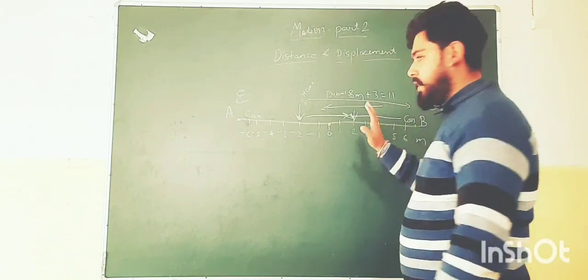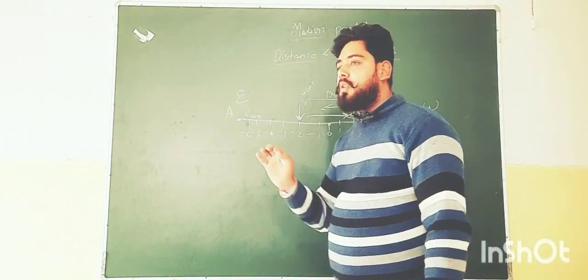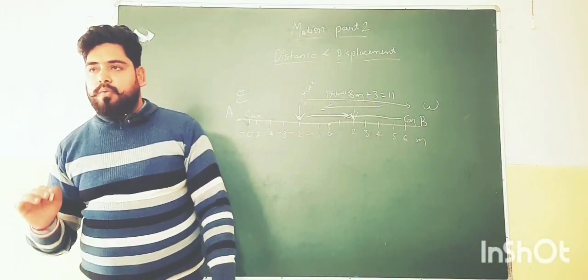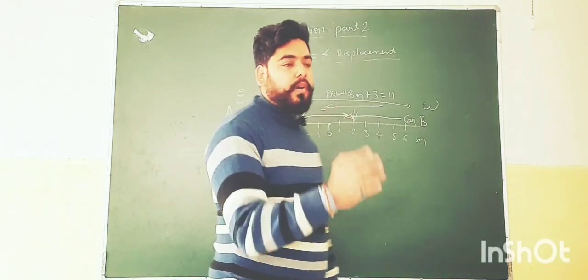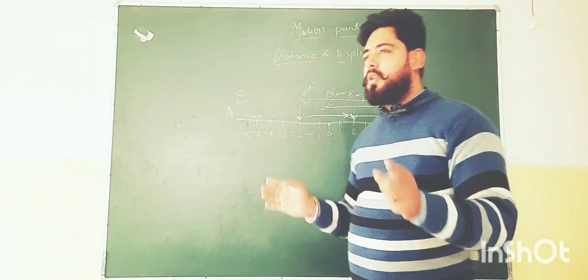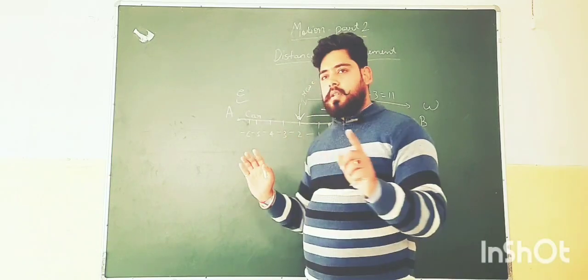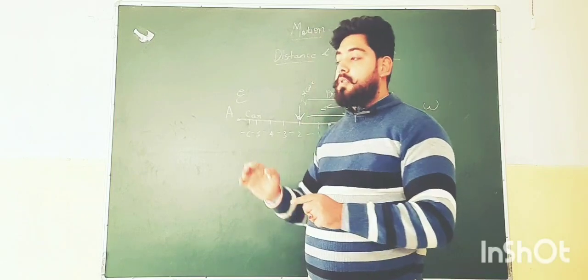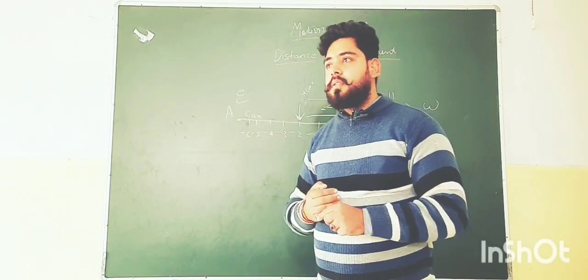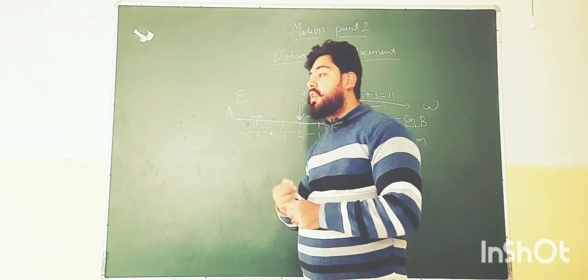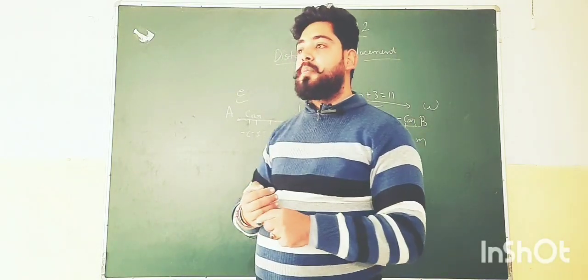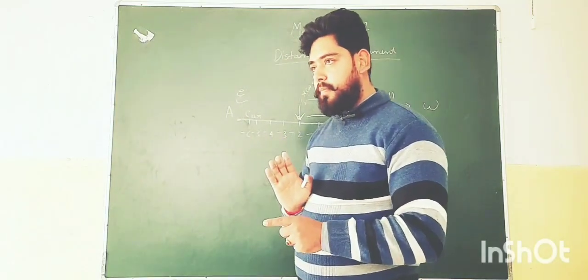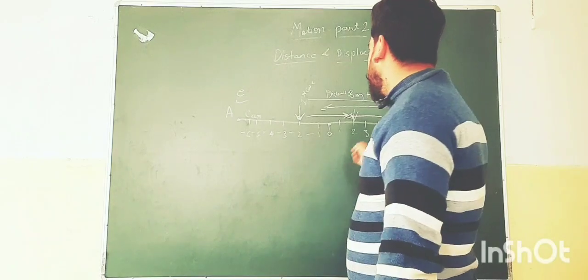Okay? Why? You know, distance is the total sum of the length or magnitude. Whatever the magnitude is travelled by any object or any body, all those things we have to sum up. We have to add all things. But in the displacement, it changes, only the shortest distance we will take. Displacement is the shortest distance. Means if we have to measure the displacement, we have to take the shortest distance, how we can reach there. Okay?